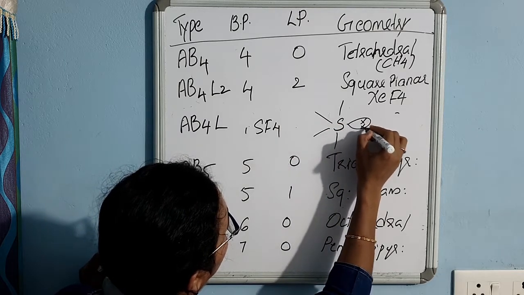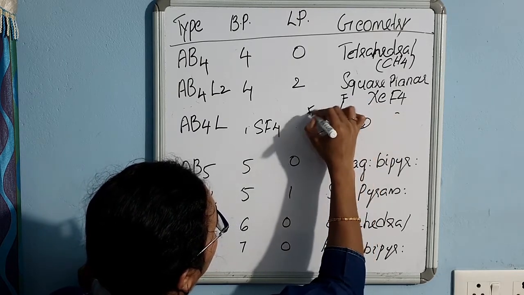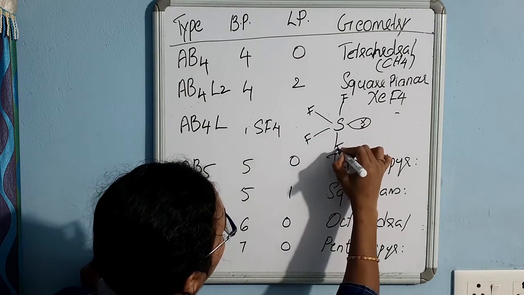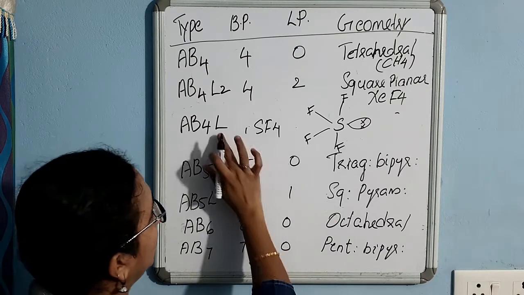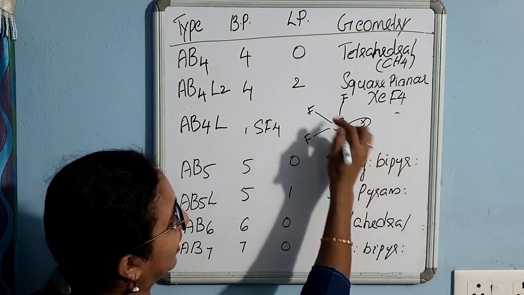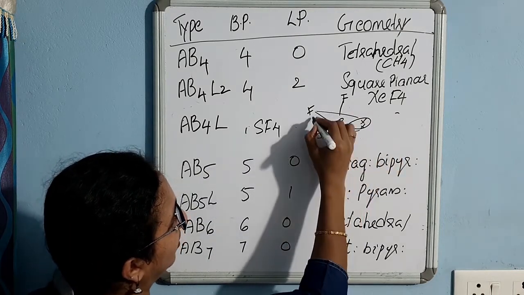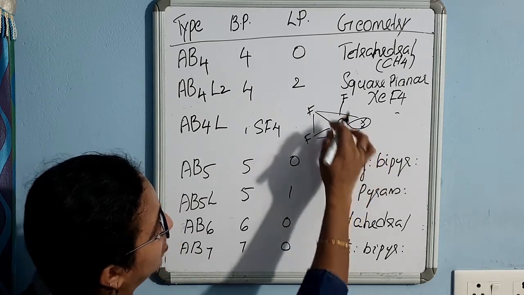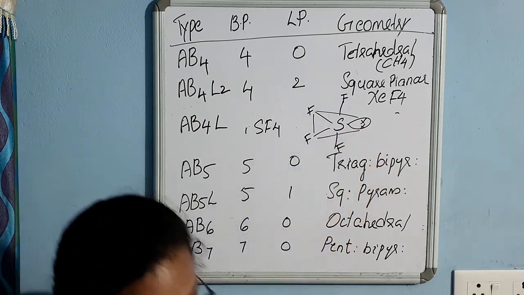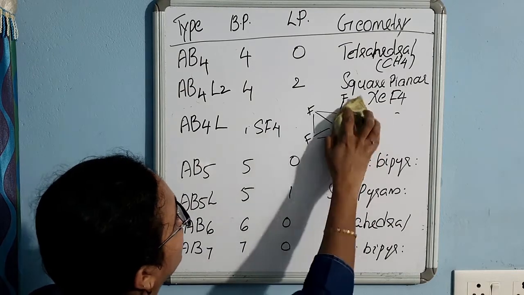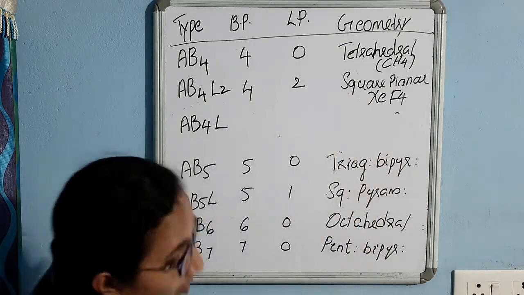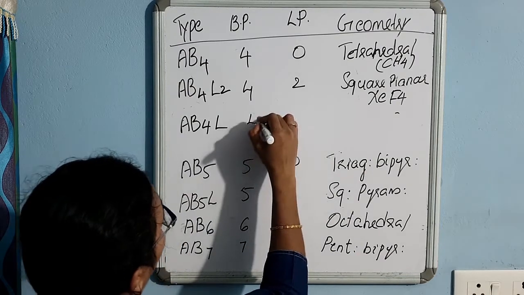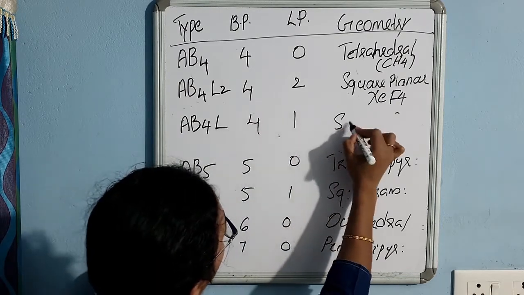So this will be the arrangement. That means we'll have 5 hybrid orbitals, sp3d. One of the equatorial hybrid orbitals contains a lone pair, all the others are bond pairs. So the actual geometry would be seesaw shape. So that is the case of AB4L type, that is 4 bond pairs, 1 lone pair,